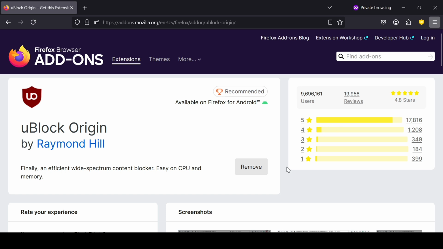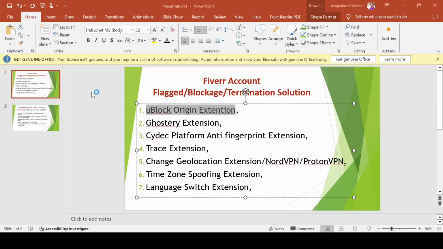So we go for the second one. What is the second one there? The second one is the Ghost3 extension. So we quickly go get this Ghost3 extension in our browser.